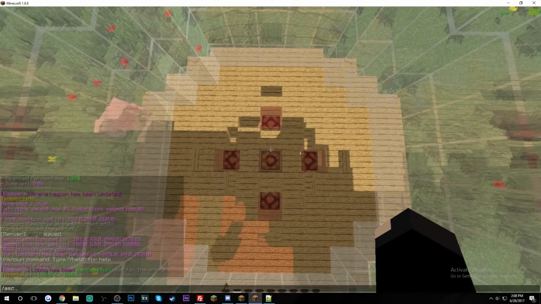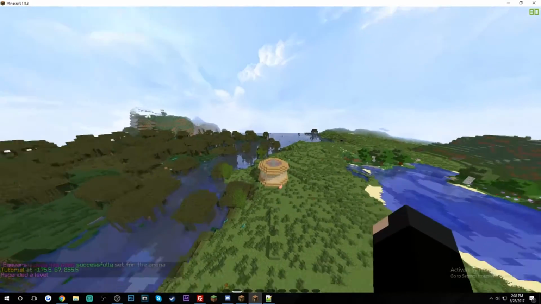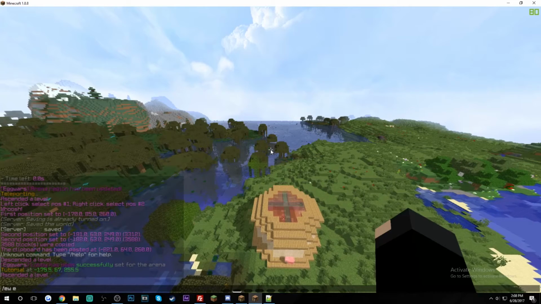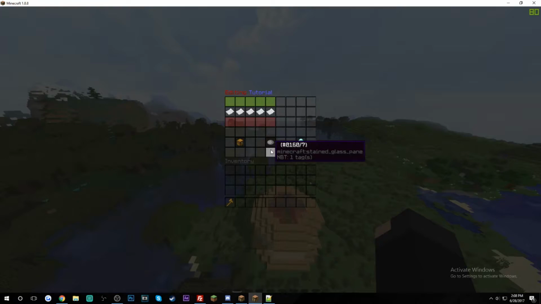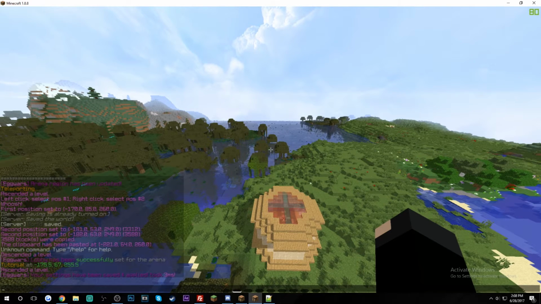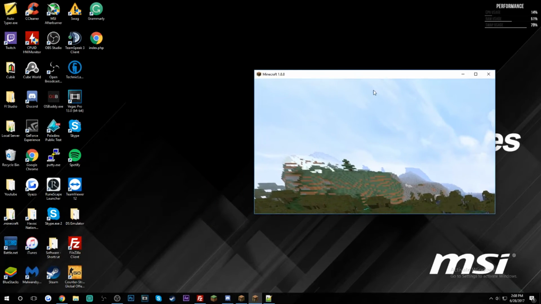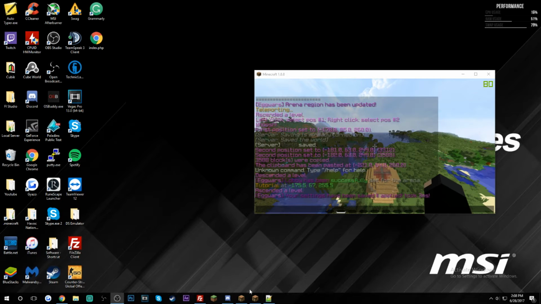Now you are completely finished. Let's say you log off and log back in, you're gonna have to do Eggwars edit and the name of the thing you want to edit. For example, if you want to edit tutorial like we have done, you just type tutorial. You can change this, disable it if you want. We can enable it, save and apply, and boom, super easy. Now we are going to hop over here,